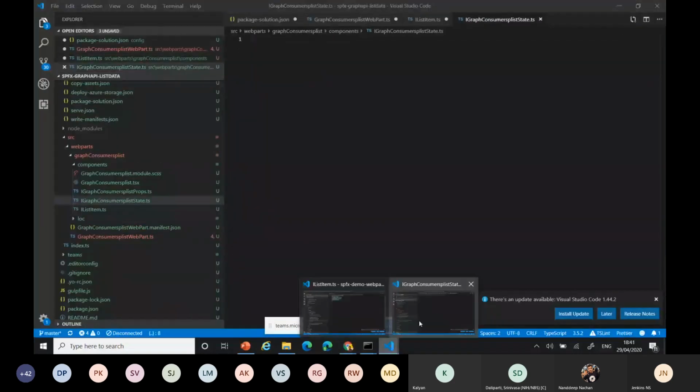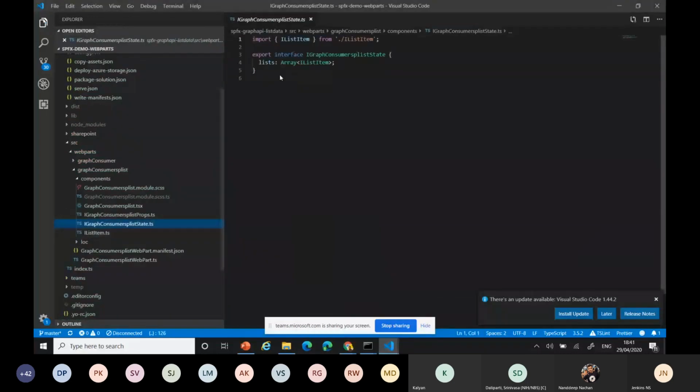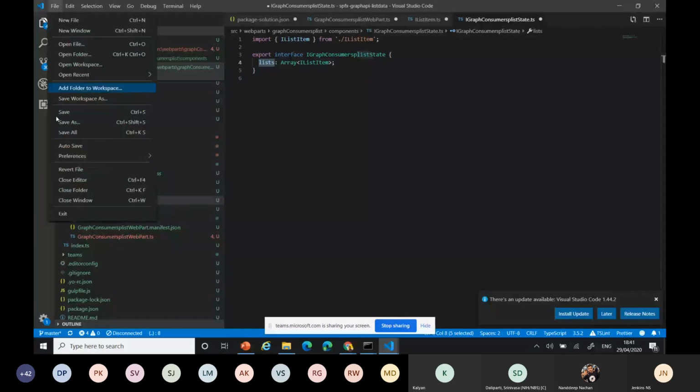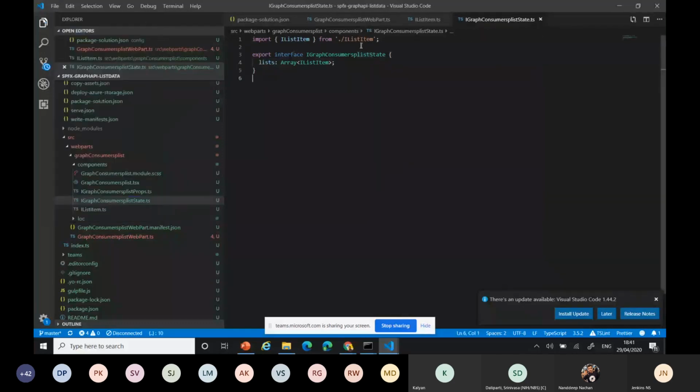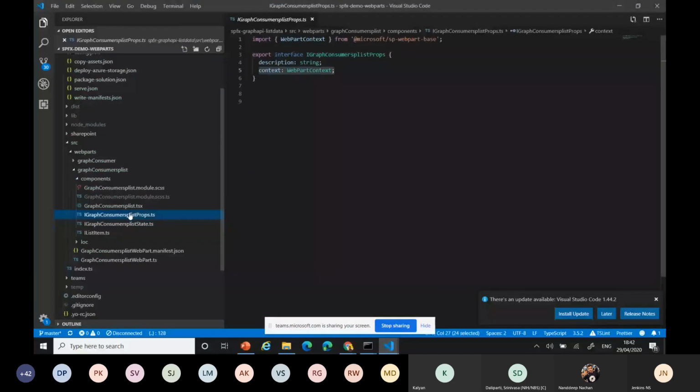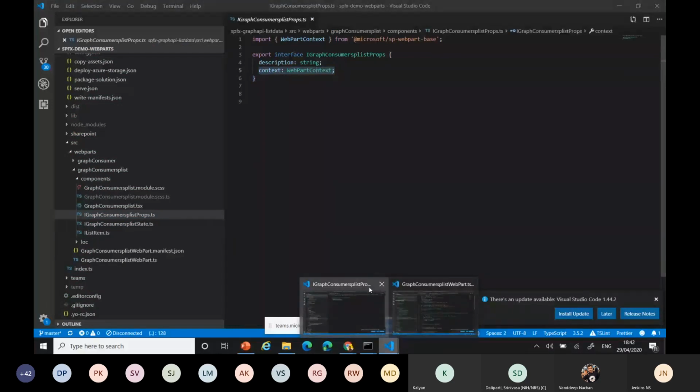I'm importing the particular interface and exporting the array part. It's a list. I want to export the particular state with the array. Now I want to import these things here. And one more thing to remember: when you go to the properties, you can see only the description available.